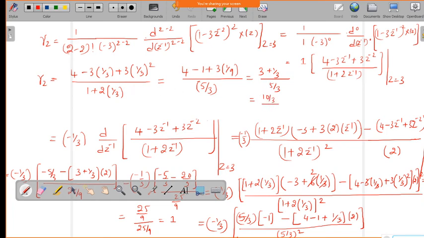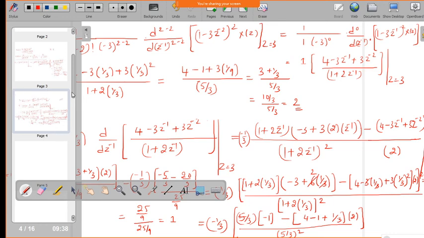So 10 by 3 by 5 by 3, right? Now put the values of gamma 2, gamma 1 and the k1 value that we got earlier. Then you will get the X of z expression, and you can evaluate the value of x of n. So try to put and get the value. The ROC given in the problem is z greater than 3.